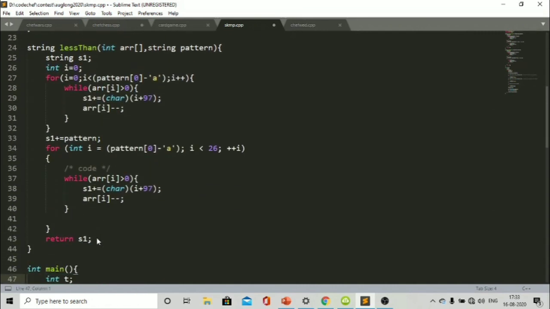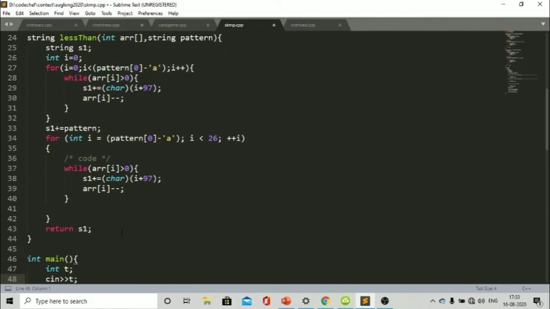Similarly, the less than function works. In this function, it is returning the string in which all the characters to the left of the pattern are less than the first character of the pattern. Okay, this was the code. I hope you all have understood the logic. Now let's submit.